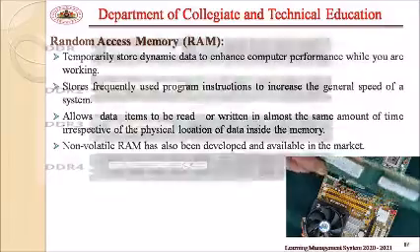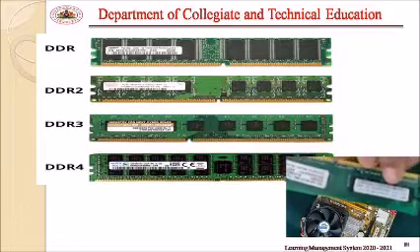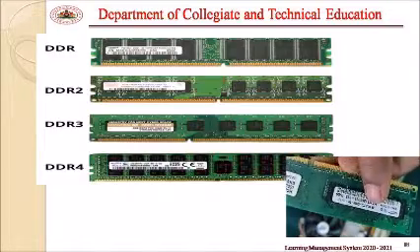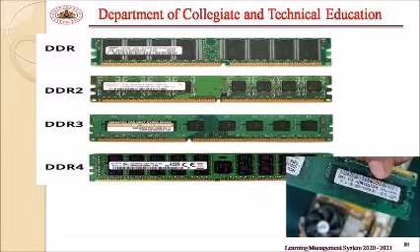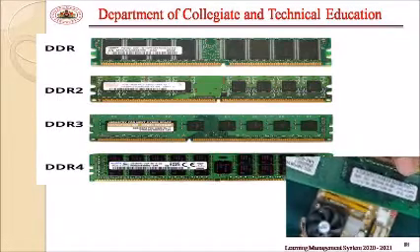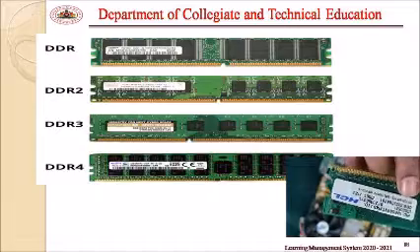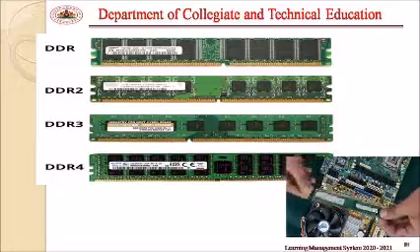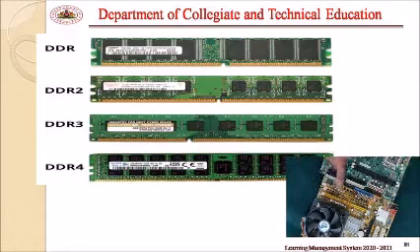In my case, you can see a RAM here, and the size of the RAM you can easily notice on the RAM itself. See, it is a 1 GB RAM. I told you earlier there are different types of RAM, DDR1, DDR2, DDR3. You can easily locate that the one I am showing you is a DDR1. See, you can see here this is the DDR1 RAM. So I can clearly say this DDR1 RAM can be inserted into this memory slot. So this memory slot can take only DDR1 types of RAM.